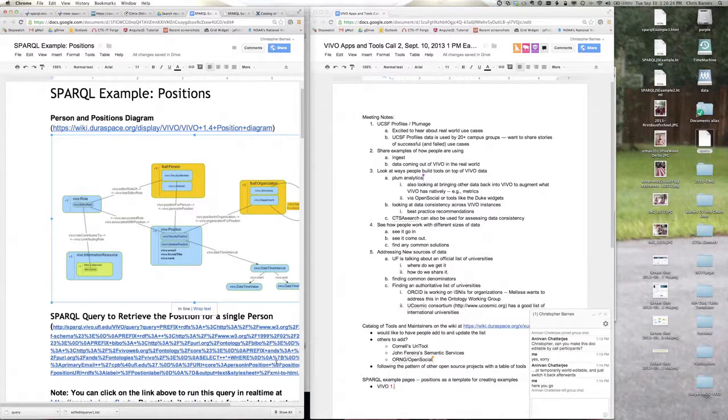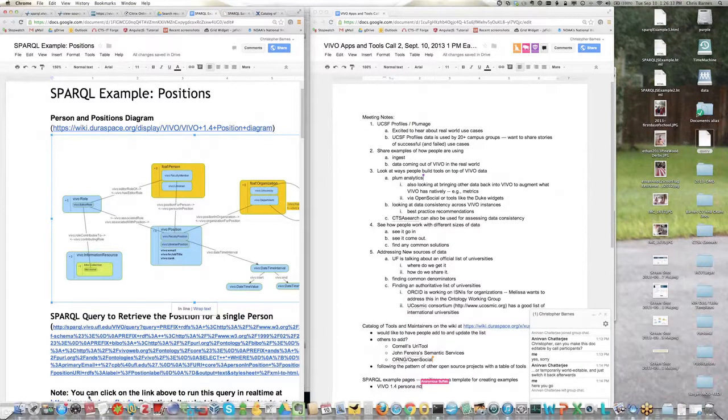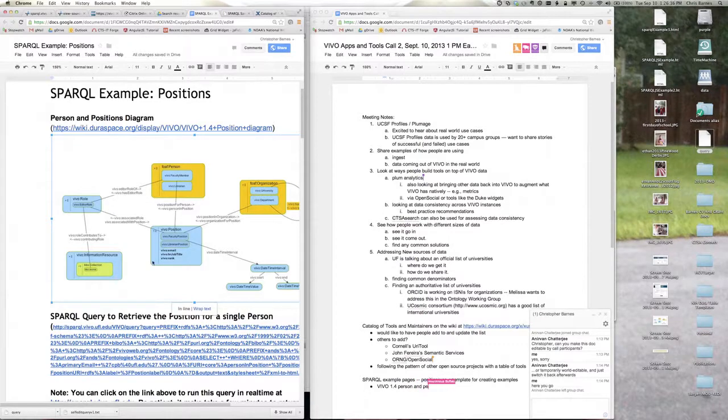One of the things that will be helpful as people start to look at using VIVO and tools is to understand the relationships between the entities and between the data in VIVO. It's particularly hard for people coming from a traditional relational database background to understand VIVO and its data relationships sometimes. So one of my goals would be to help break down those barriers and make those relationships between the data a little bit more clear. So anyway, this is a diagram. I think every example should have a diagram that has a small section of the ontology represented visually.